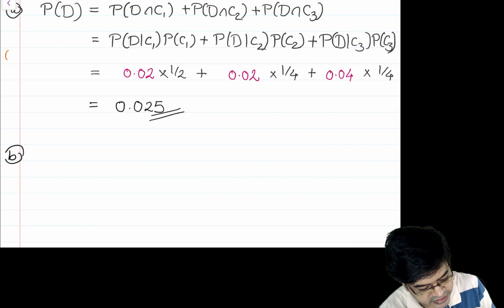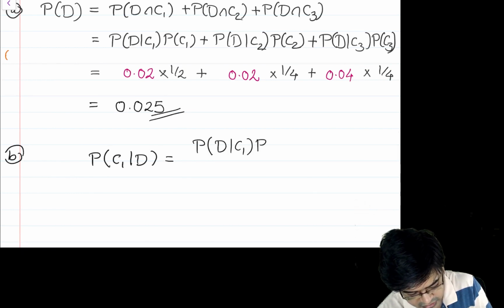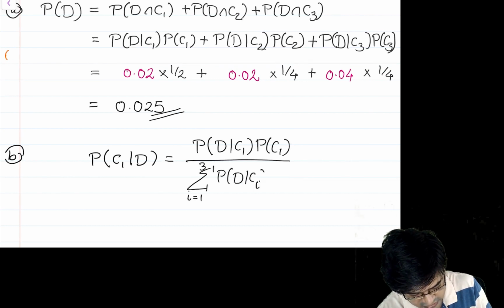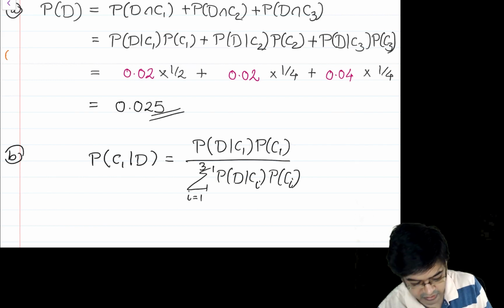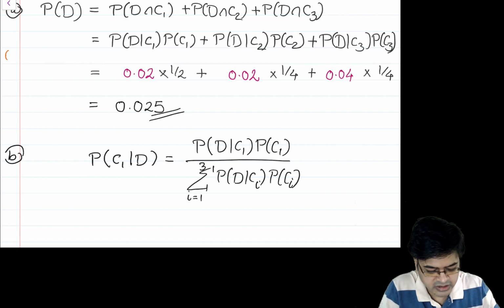So if you look at the statement of the Bayes theorem, what you have been asked is probability that the item is produced by C1 given D. Then from Bayes theorem it will be very clear that first you need to compute this probability and you need to divide it by the total probability. This is the statement of Bayes theorem I am writing. But now remember, instead of remembering the statement of Bayes theorem, you can simply use your knowledge of conditional probability and get rid of this problem.